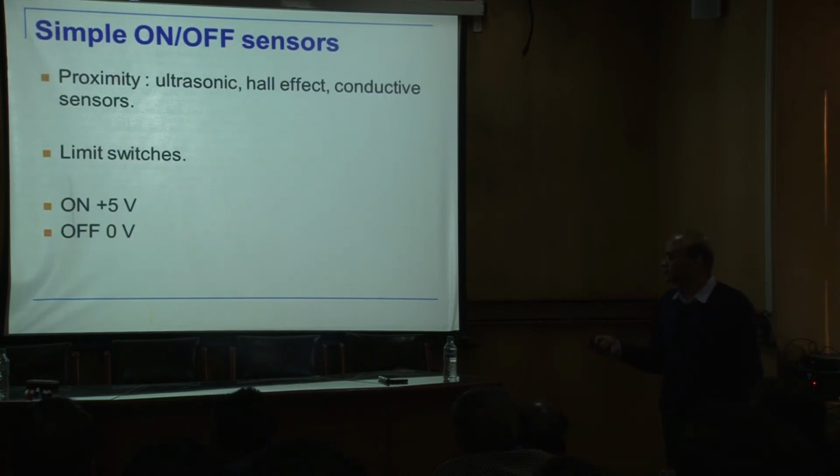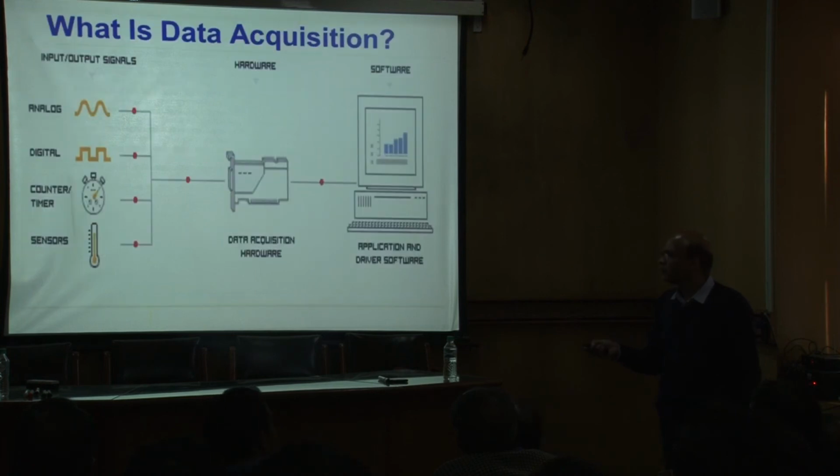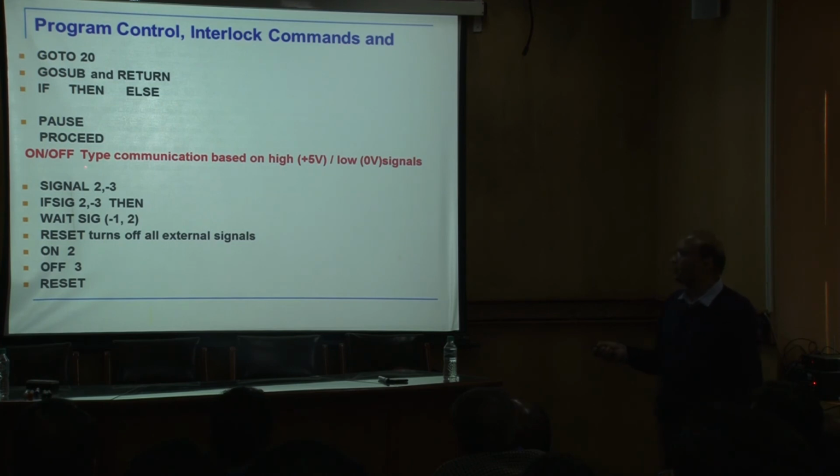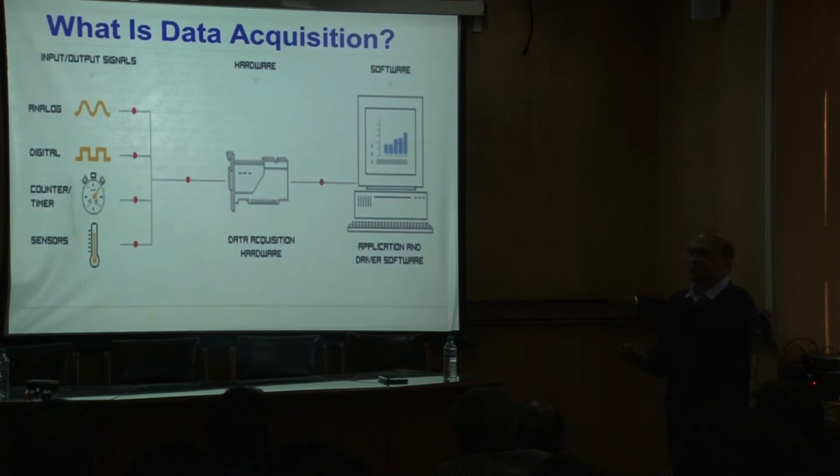Now, this is essentially for very simple high-low kind of signals. Now, if the robot is interfacing with other kinds of sensors, for example, force torque sensors, then cameras, okay, then